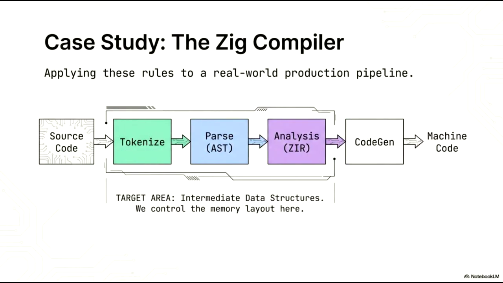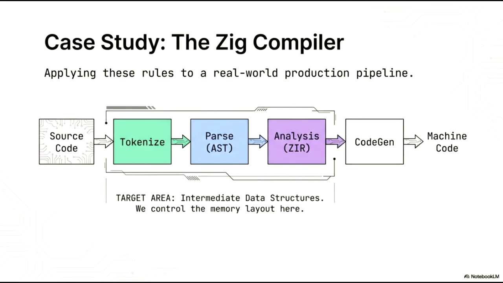To see how these rules apply in a real-world production pipeline, let's examine a case study of the Zig compiler. The diagram outlines the standard progression from source code to machine code, passing through tokenization, parsing, analysis, and code generation. Our primary focus is the highlighted section, covering the intermediate data structures created during tokenization, parsing, and analysis. In this target area, we maintain complete control over the memory layout. By carefully managing how these structures are represented in memory, we can significantly optimize performance and minimize resource overhead throughout